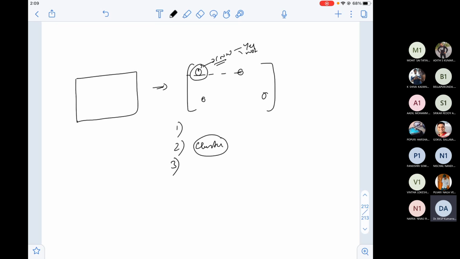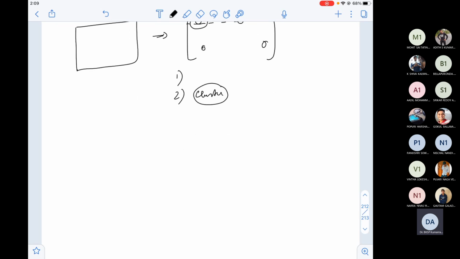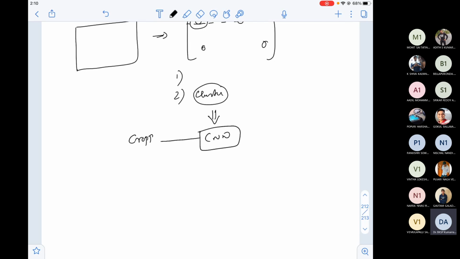Assume that with the limited bounding boxes I have using clusters, how do I actually perform this in a CNN? Guys, a very important thing is that the CNN takes the cropped image.